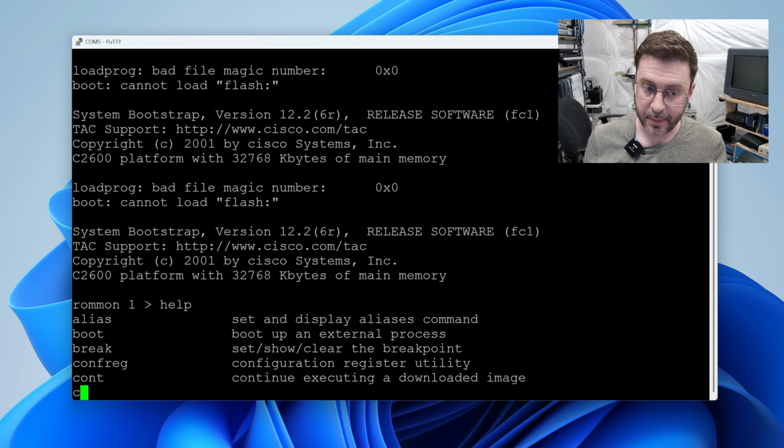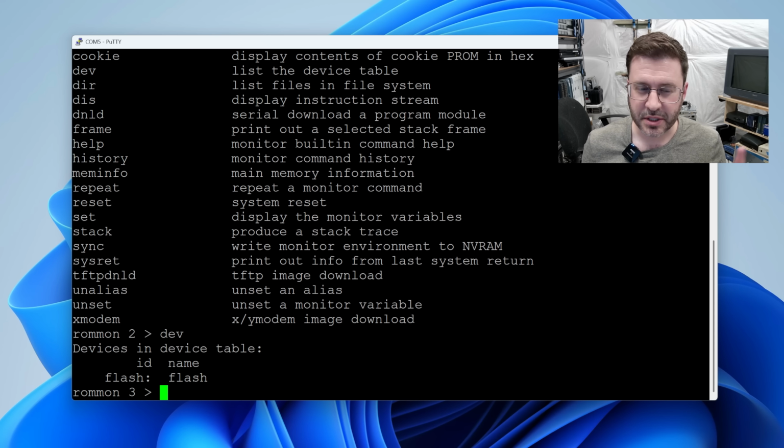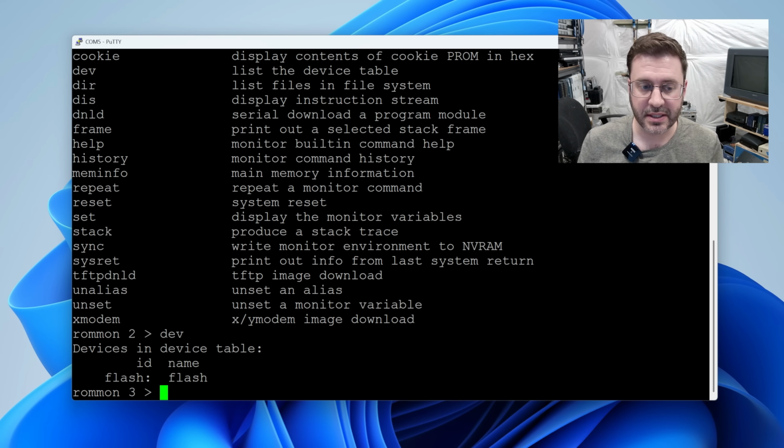So you can type help, and we have some options in here to interact with the machine. The first thing I do if I'm troubleshooting an issue trying to boot into the operating system is you can do dev. This will show you all the devices that can store data or files on the machine. And you can see here we've got one device, the internal flash. It's called flash: and then you can look inside there. So we can say dir flash: